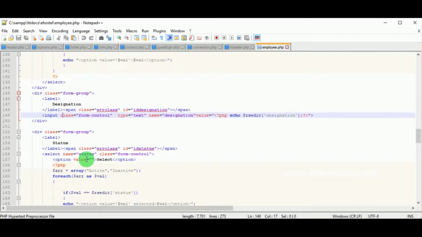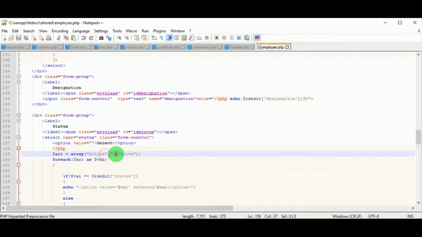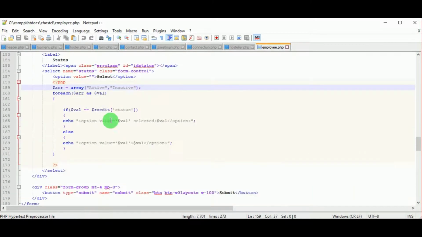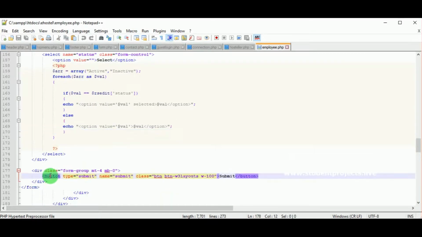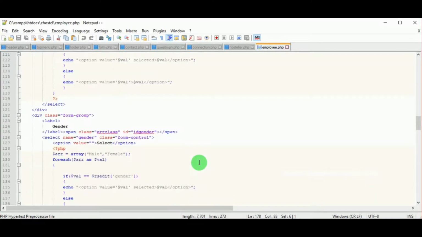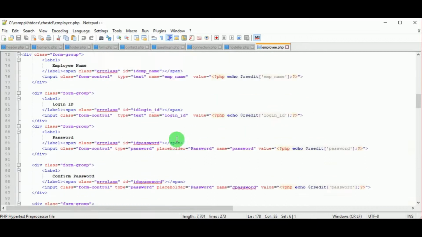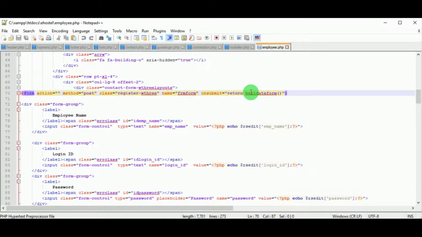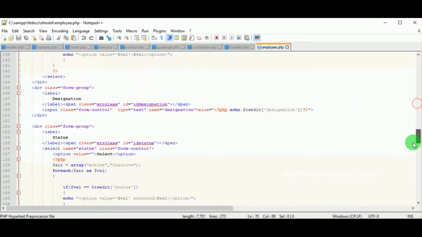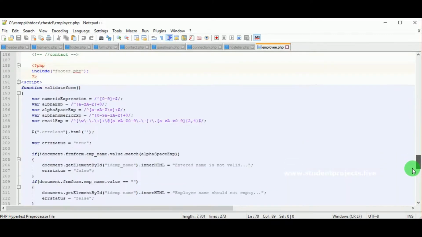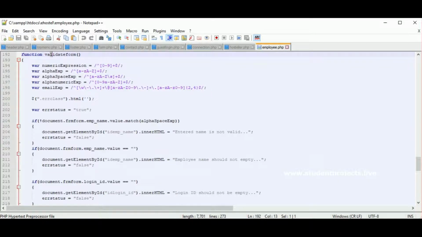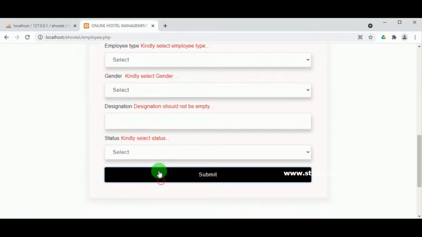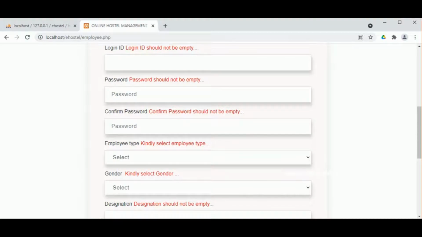Then designation, here the input type text is used. Then the status, which has 2 options, active and inactive. You can choose any one of them. On clicking submit, the validate form function is invoked, and this function will not allow you to insert an empty form to the database.